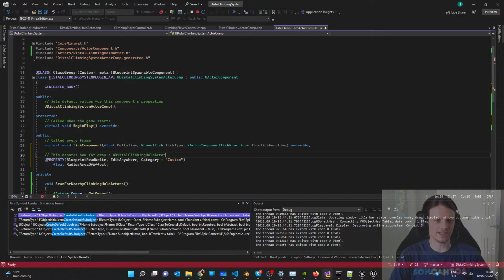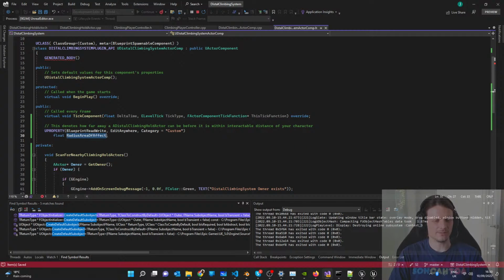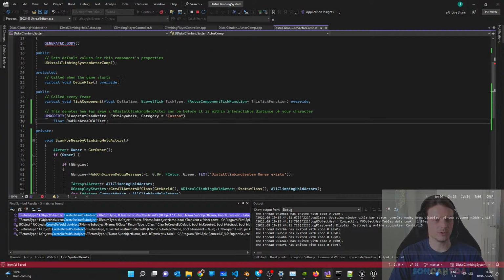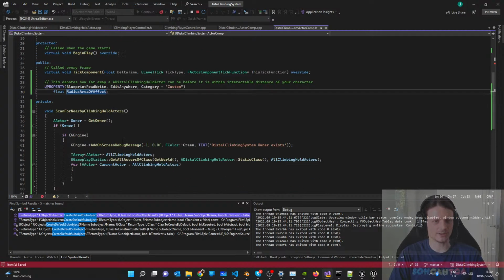How far away a hold can be before it is picked up, before it is within interactable distance of your character. Good, and we should probably set a default here, but I don't know what that default should be at the